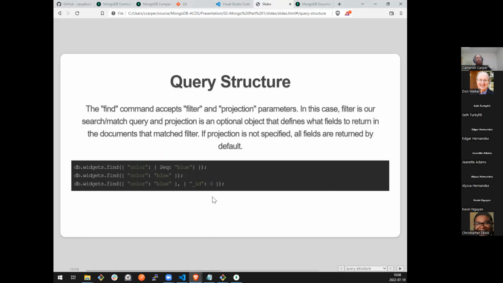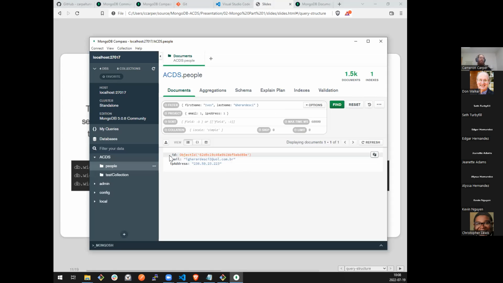Just a quick side note, switch back to this. You'll notice this underscore ID field, that's not in my data. Mongo automatically adds that to every document if you don't specifically provide one. It is an internal unique identifier. It does actually have some useful data encoded into it. I think it's got a time as well as the shard or node that actually accepted and handled the insert of that record, excuse me, document. I'm comparing SQL and NoSQL a lot, and I'm starting to blur my terms. I apologize about that.